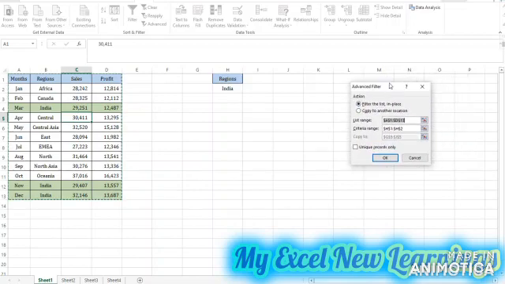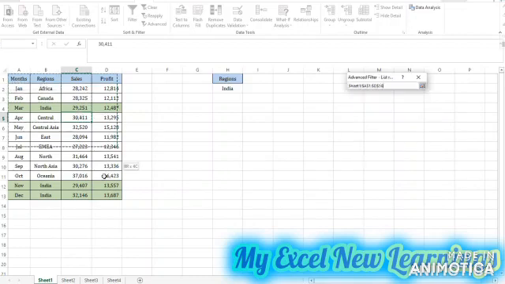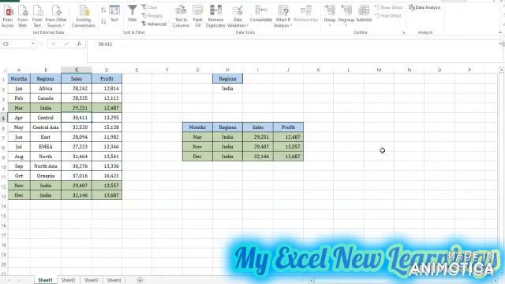So once you click on the advanced filter, the advanced filter box will open. So here we have action. So we want to copy the data to the other location. So we will click on the copy to other location, and this is my list range and this is my criteria. So I want to copy the data to here or anywhere in the sheet. You can click and just click OK.